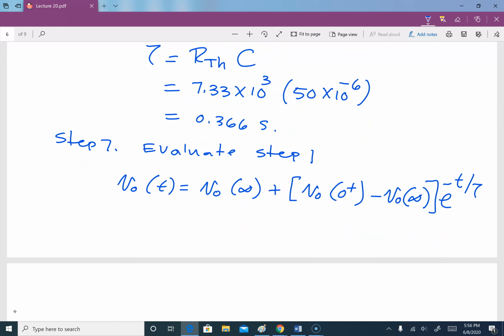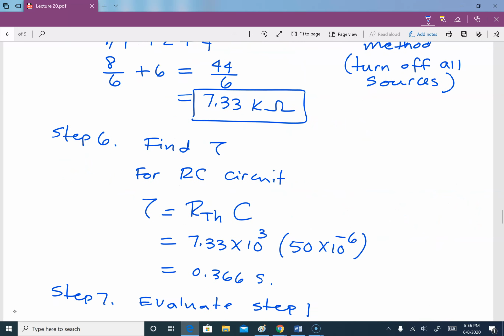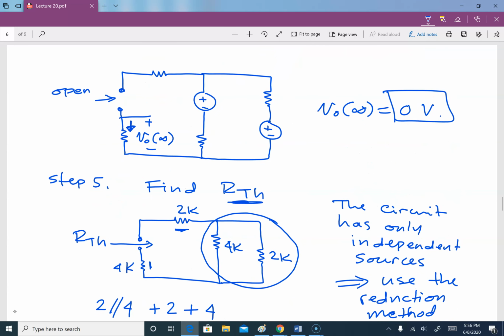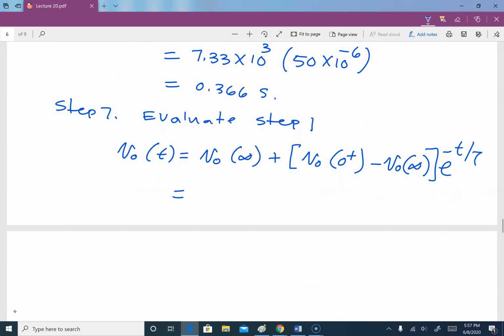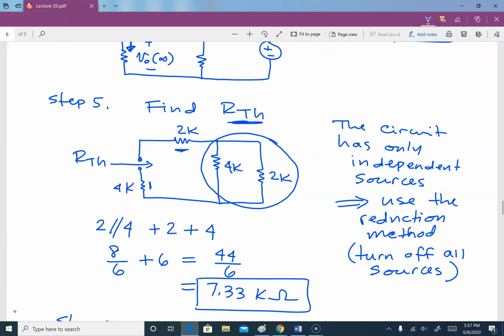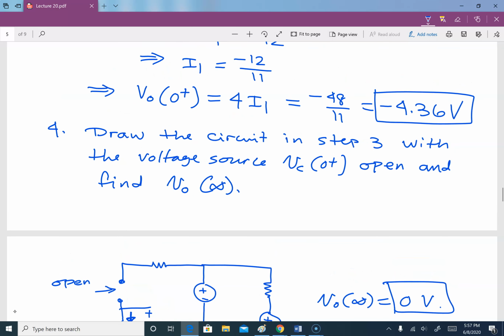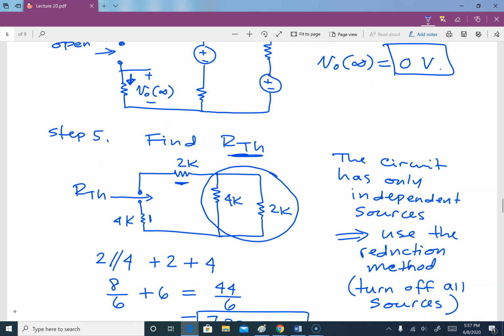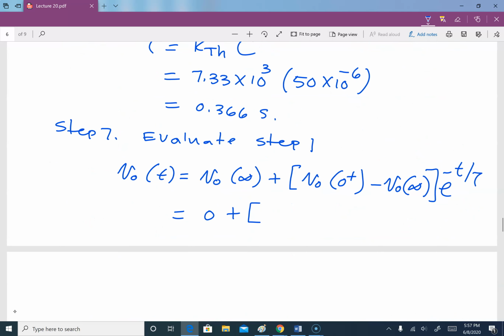So now this is equal to V naught of infinity, which is 0, plus V naught of 0 plus, it is here, negative 4.36. Negative 4.36 minus 0 exponential of negative t over 0.366,